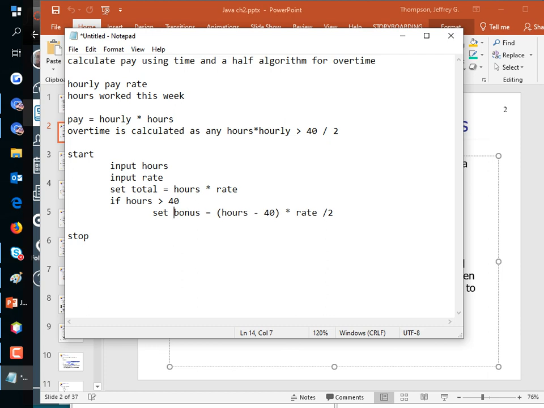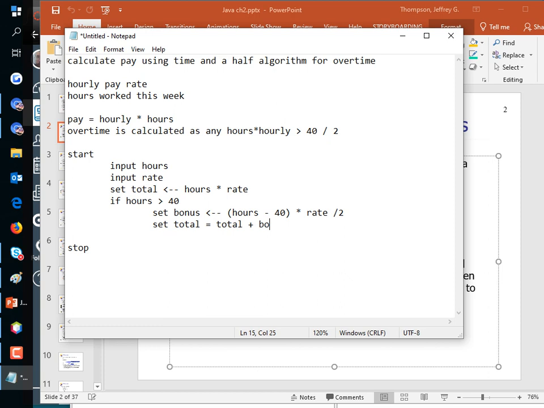Except in the examples they show using the keyword set, and in our particular book they show using these little arrows to mean equals. You'll never see those again, except in other examples of pseudocode. You're not going to type in less than dash dash in order to use an equal statement. I would really just put equals there. I'm going to go with what the book's showing. All right, and then our set total equals total plus